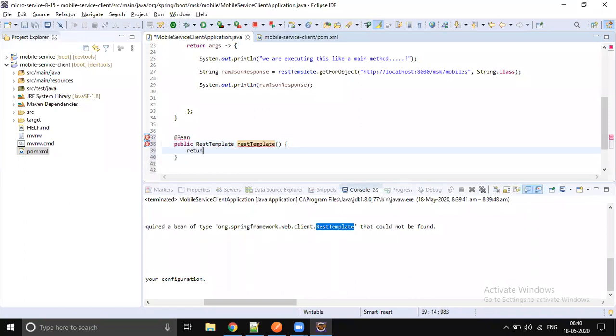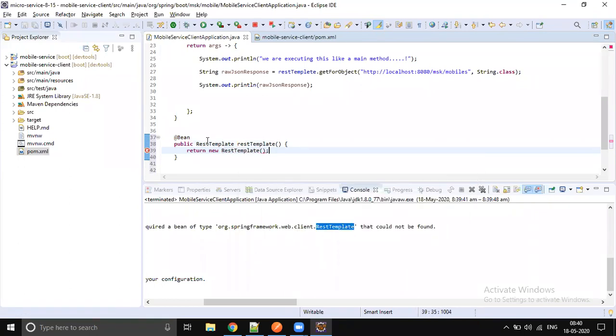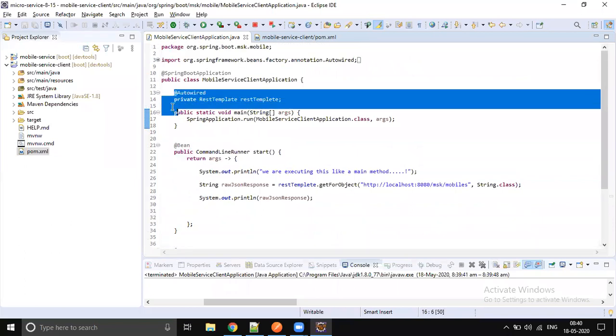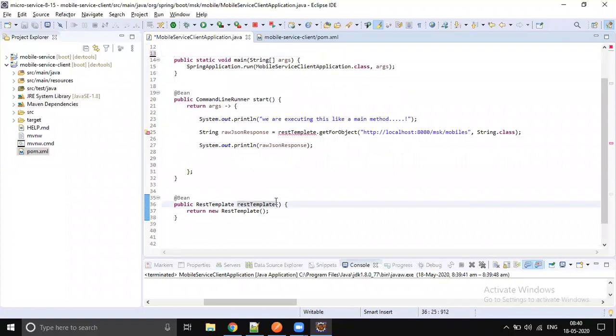You can just do return new RestTemplate. So now there is one REST template object which we are creating. We don't need any explicit autowiring here. We can just call restTemplate.getForObject.